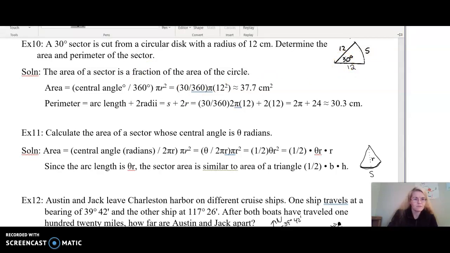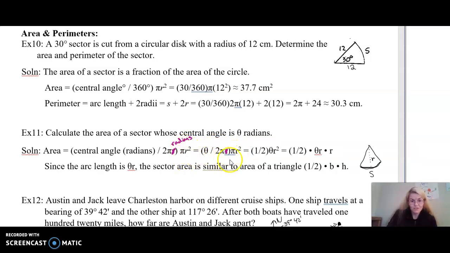Error, typo, please scribble that out, right? Central angle in radians divided by how many radians are in a full circle. There are 2 pi radians in a full circle. So this extra r here does not belong. Maybe I was going for rad for radians. So there's 2 pi radians in a full circle, so that's just theta over 2 pi